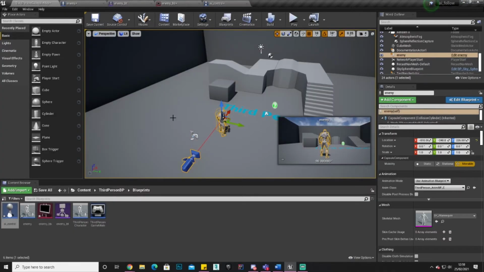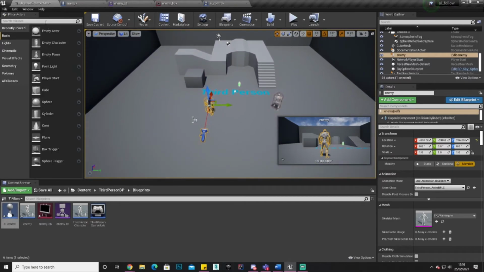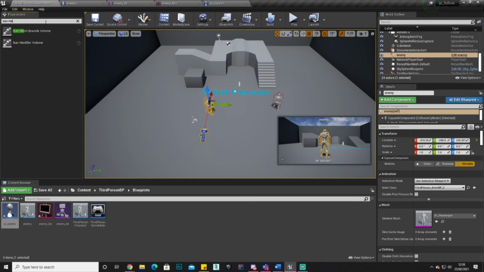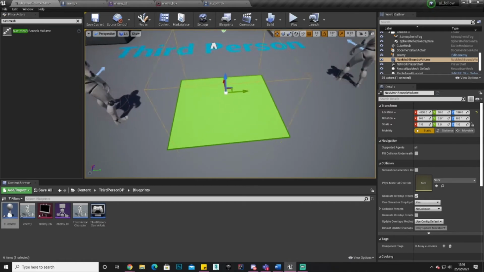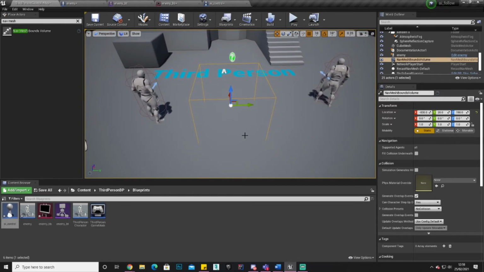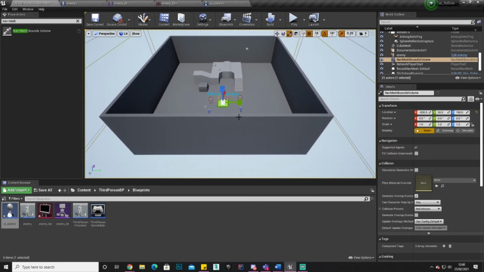So let's return to the main screen. There's one more thing we have to do before we play it, and that's to create a nav mesh bounds volume. And we need to drag that in. And the reason it's turning up green, because yours might not turn up green, is because you have to hit P. If you hit P, it activates it, and you can see where they can run to. So if we scale this to the whole entire level now,